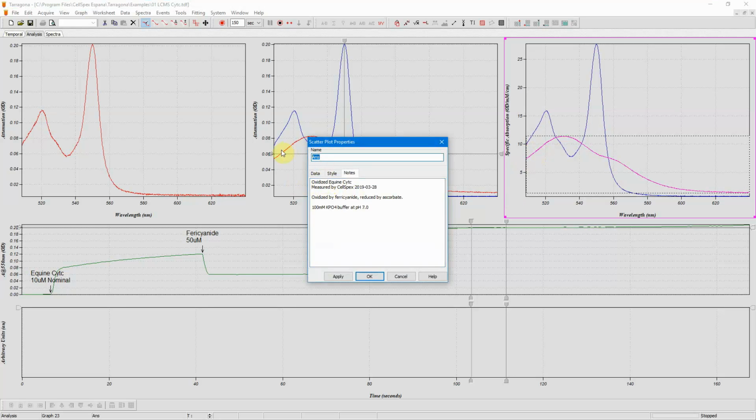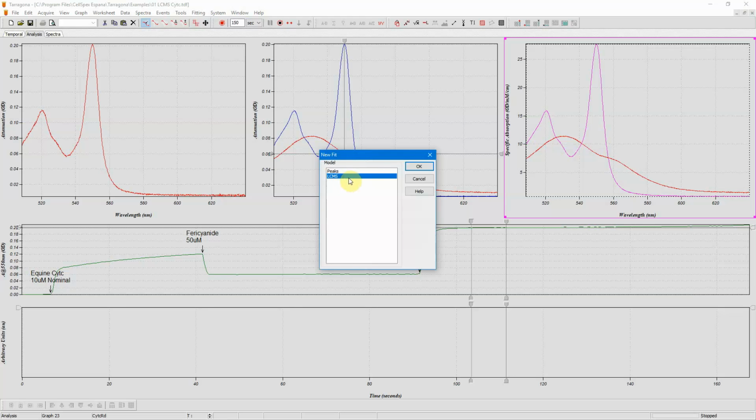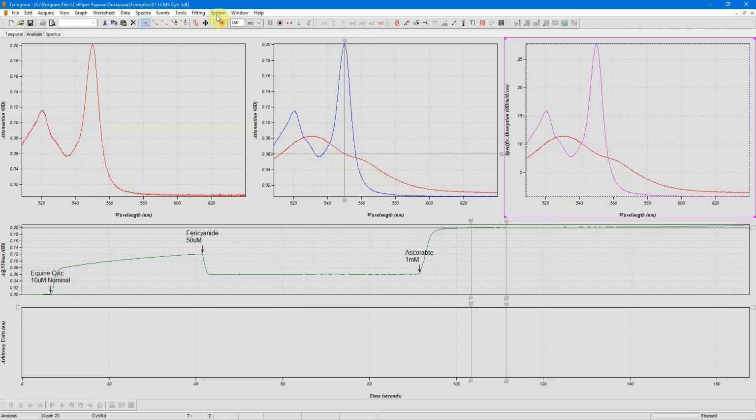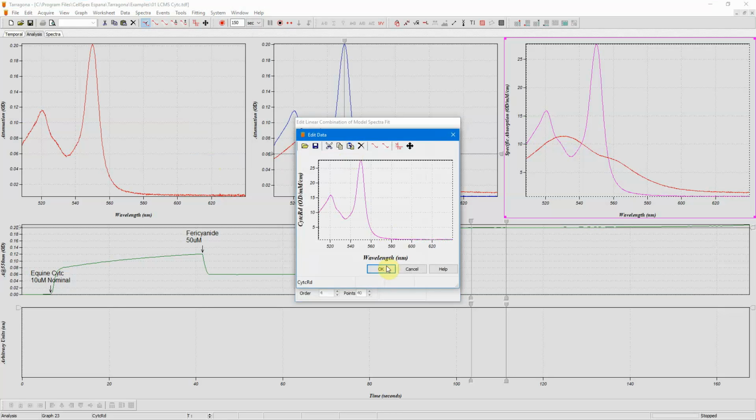And then I'm going to name this site C oxidized. Okay, so now we can set up the fitting. I'm going to set up each spectrum separately. I'm going to copy that spectrum, fit in new, create a new linear combination model spectra, fitting and edit it,